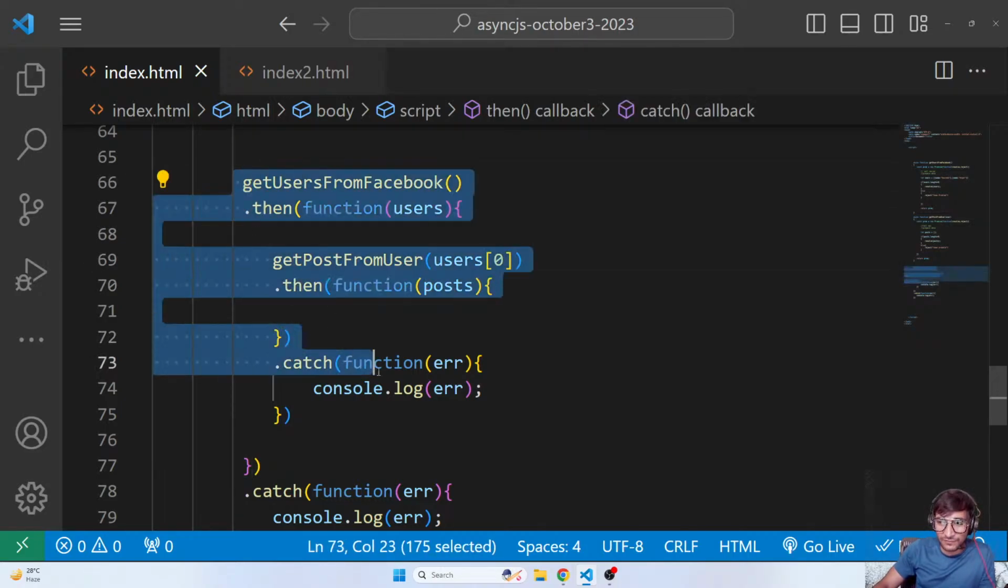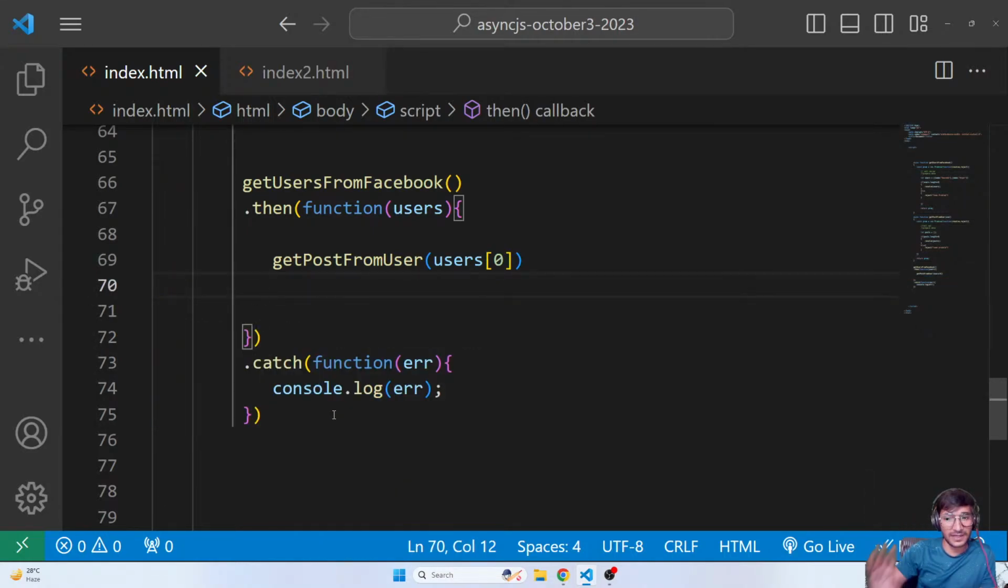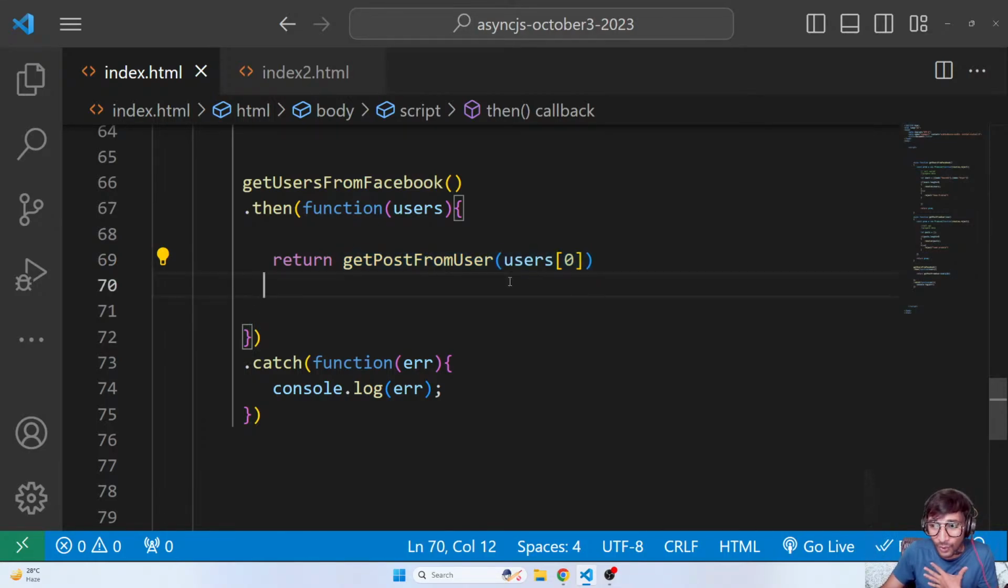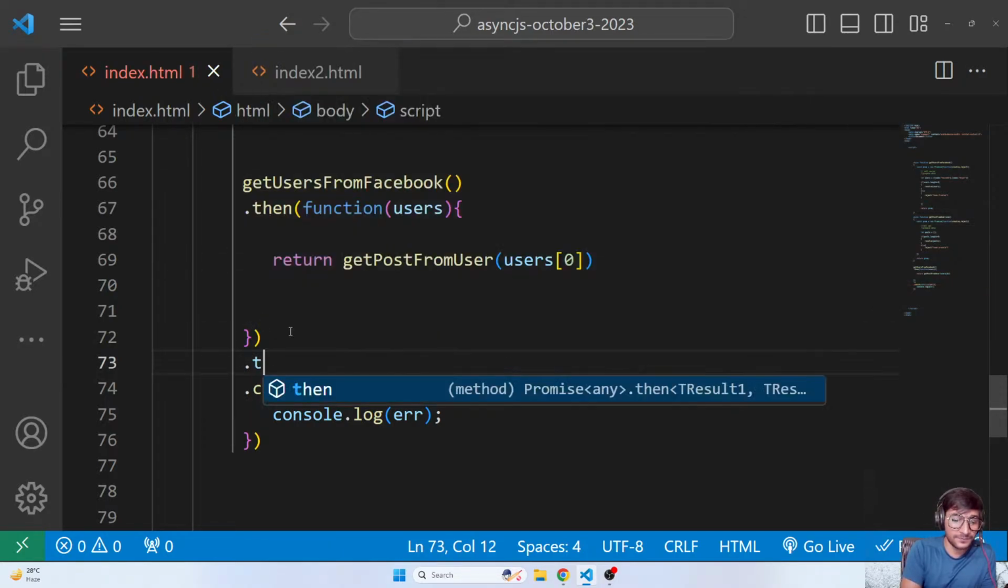So rather than doing it in this way, what you can do is remove all this stuff from here. Now if and only if you are inside a dot then, inside a callback function of dot then, and you're calling a function which is again returning a promise, rather than handling it then and there, add a return keyword to it. And guys, only if it is returning a promise, return it. So I know that this function is also returning a promise, so I return that from here. I say return, and according to promise rules, now the dot then of this can be handled outside here. Dot then